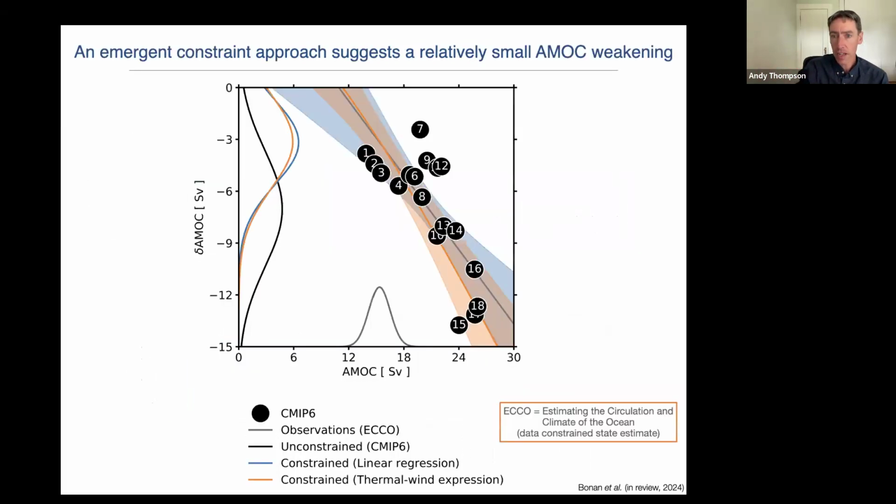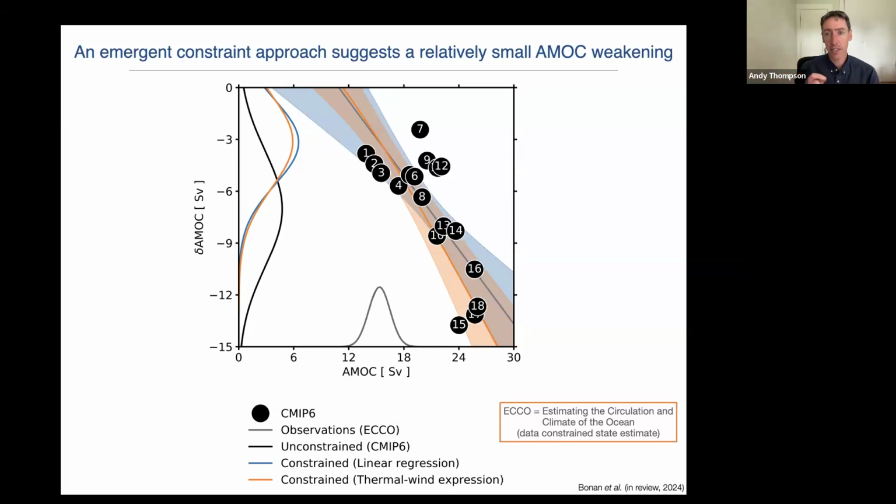So I'm going to move on to the last result from this paper, and then I'll wrap up and be happy to take questions. What's nice about using this thermal wind relationship, there have been a lot of studies that have looked at the potential for the AMOC to collapse. And most of those have used very statistical approaches to estimate, are we seeing, say, increased variance in the overturning circulation as a predictor for whether we might expect to see an AMOC collapse? I think what's nice about using this thermal wind relationship is it gives us a physical relationship that helps us to understand what are the terms that are contributing to the changes in the AMOC.